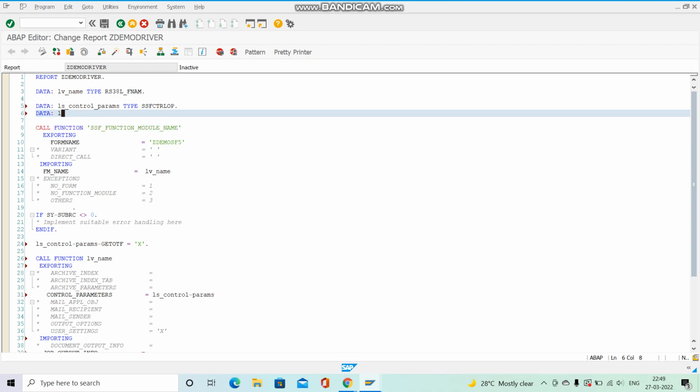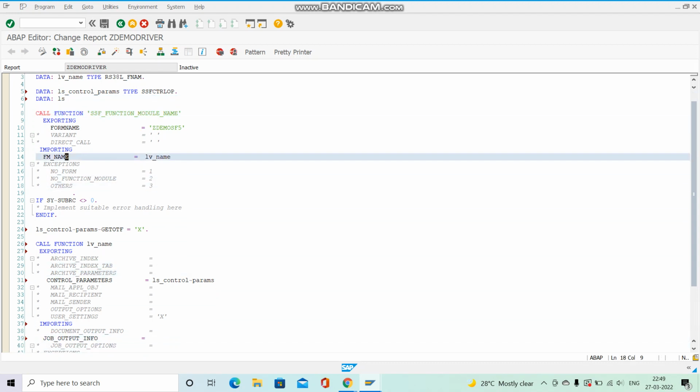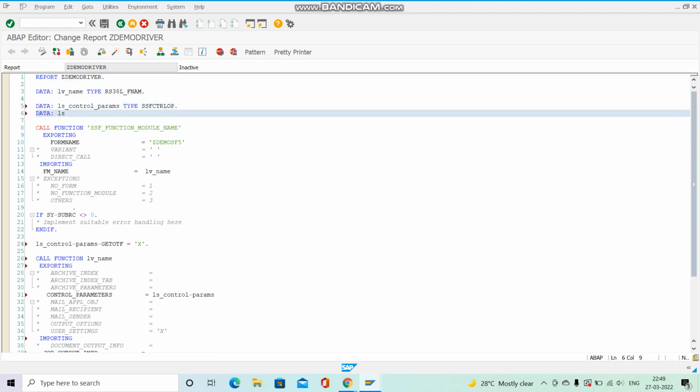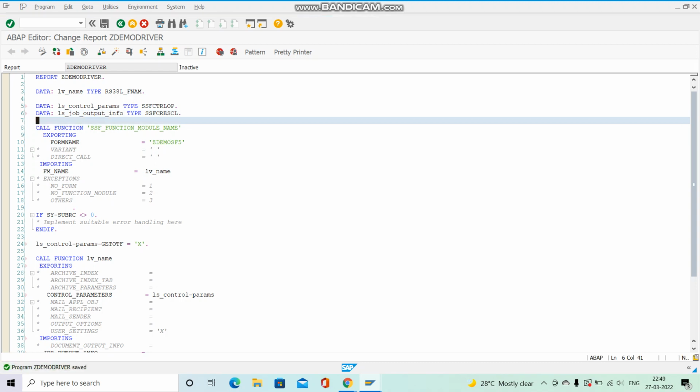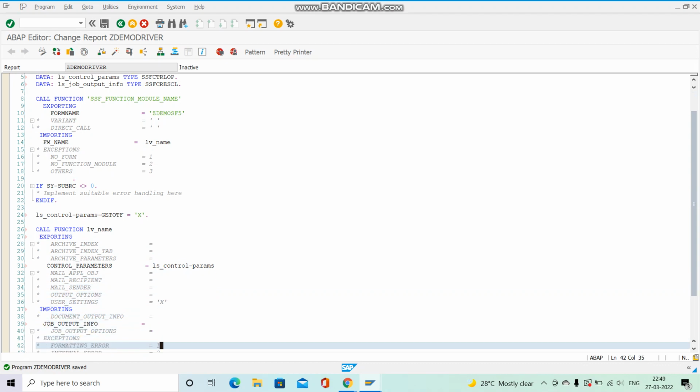Let's name it ls_job_output_info, which is of type this. Let's save it. Okay, now in the importing